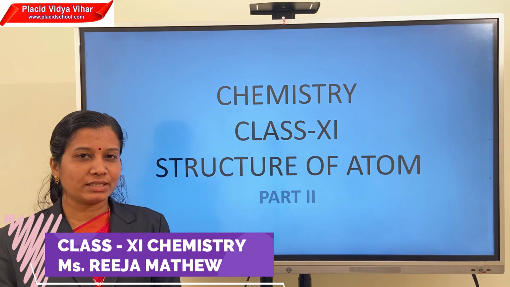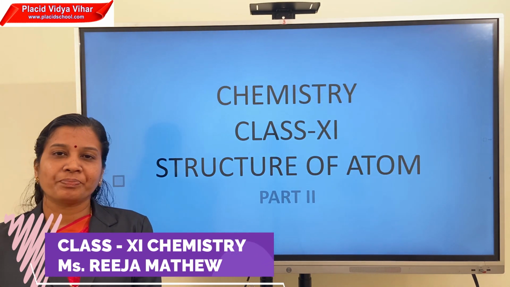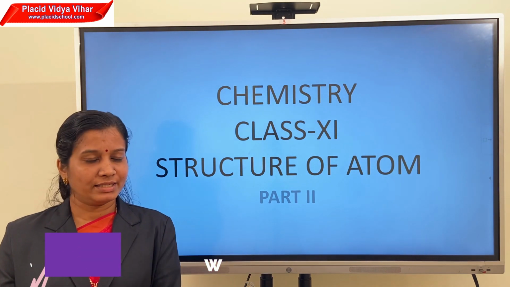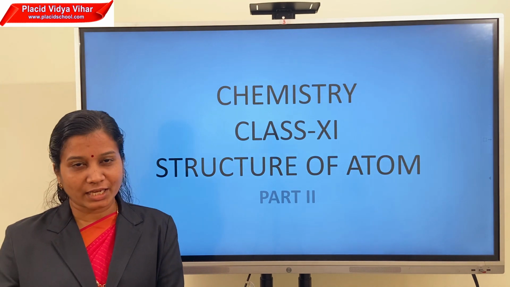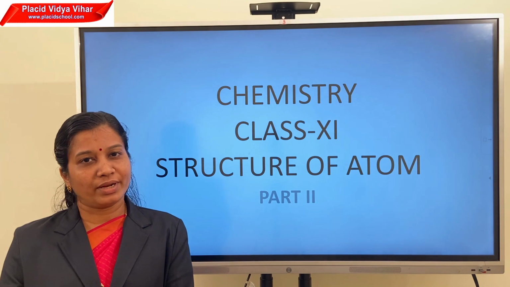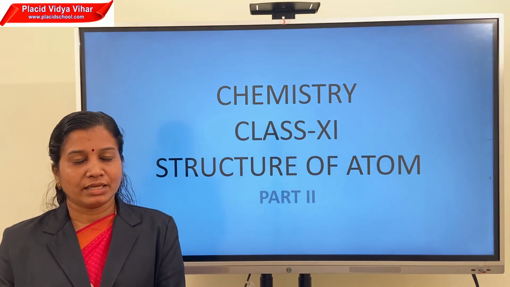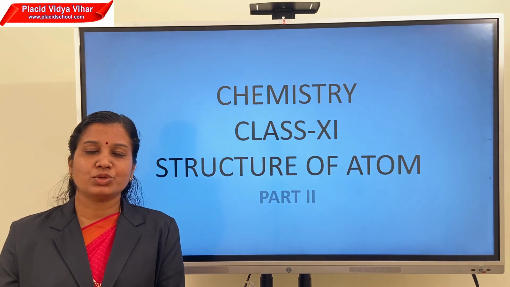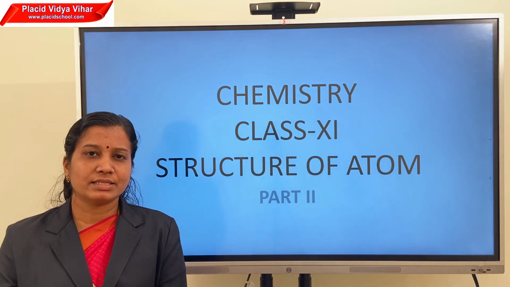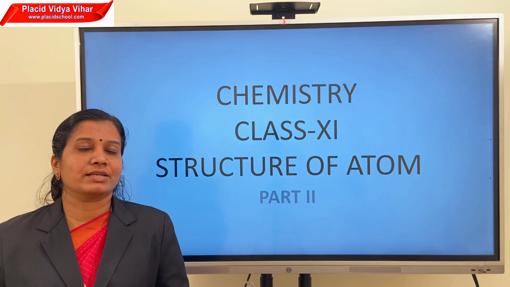So before going to today's session, I want to revise the last topics. What did you study in the last session? You remember that? Yes, the discovery of the electron. In that session, you studied the characteristics of cathode rays and also the different values: e/m value, that means charge to mass ratio, and the mass of the electron. What do you mean by cathode rays? It's a beam of electrons, and that experimental setup, etc.